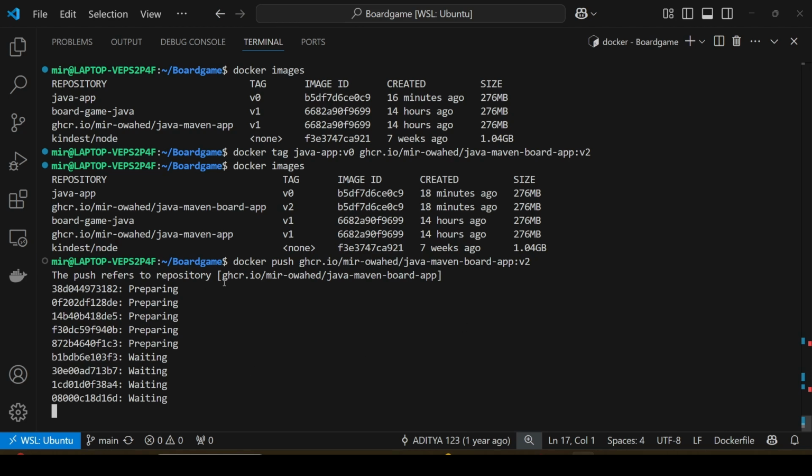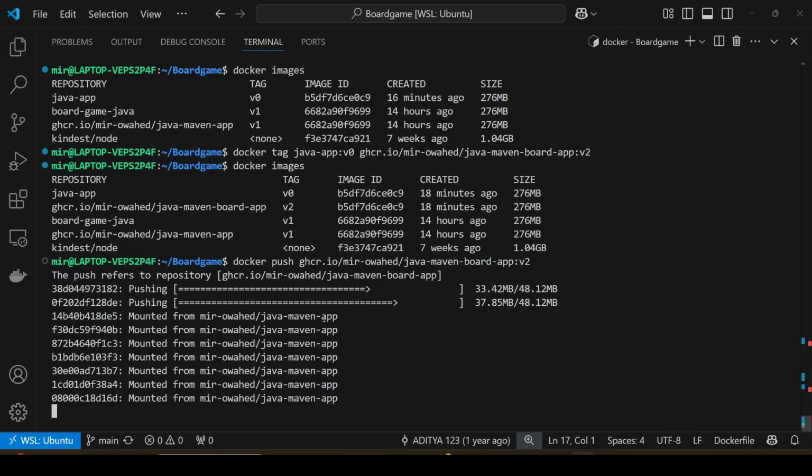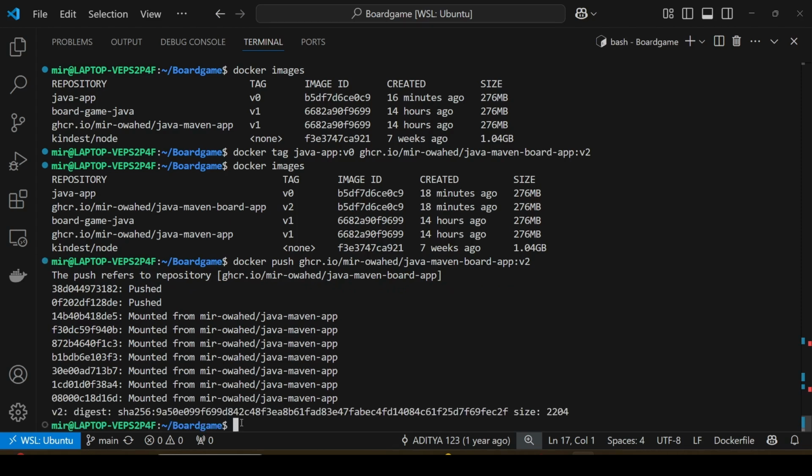It is pushing your image from the local PC to the GitHub Container Registry. Okay, it is pushing. This is uploading your image into the GitHub Container Registry. After successful completion, you can see the image in the GitHub Container Registry. I will show you. The push is completed,